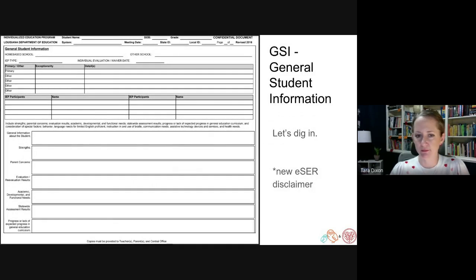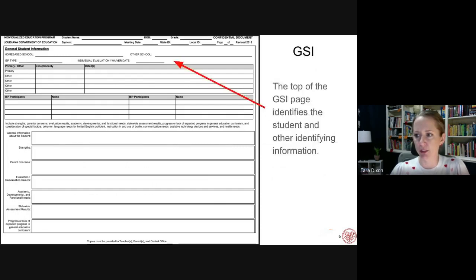All right, so this is just the general student information page. Again, it does look a little different now with the new IEP template, but the information is the same. So at the top, we're just identifying the student and other identifying information such as that individual evaluation or waiver date,